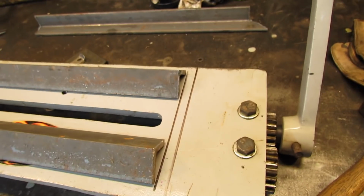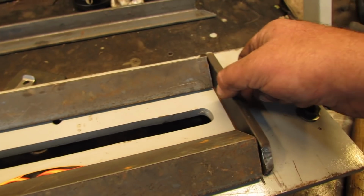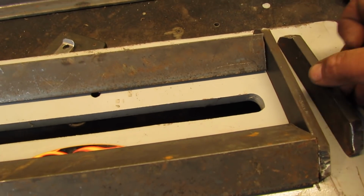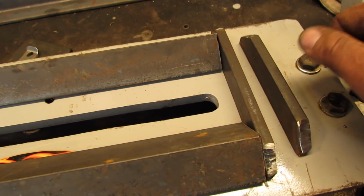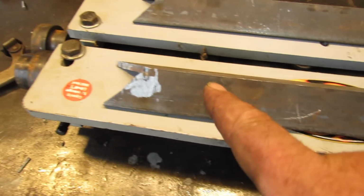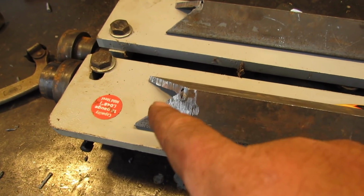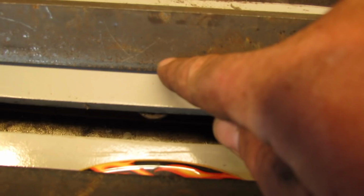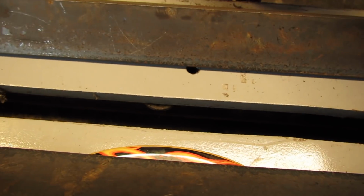Alright, here's what I come up with so far. I'm going to put that on there to something like so. And we'll put that there. It's still hot. Something like so. And I'm going to put them something like so, and I'll show you what I'm going to do. My idea is there. I also might need to notch this out a little here, in case I want